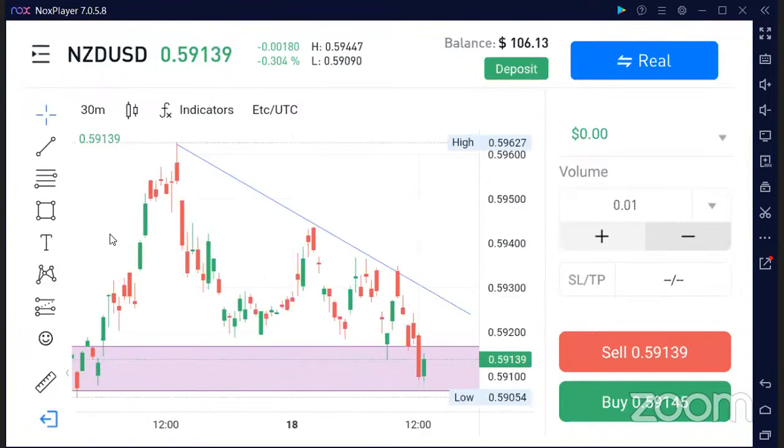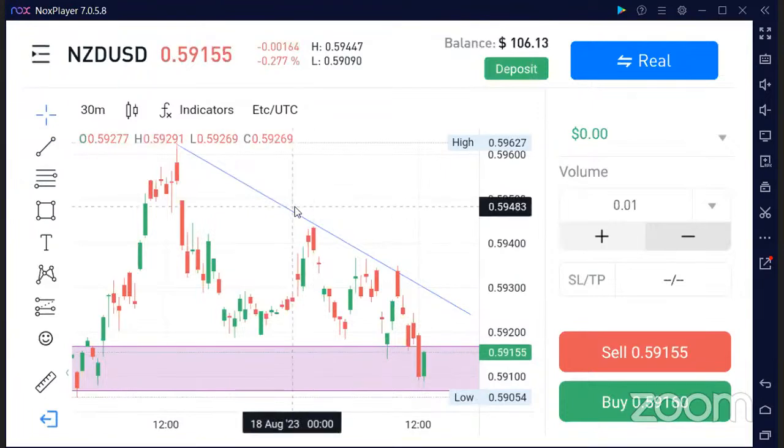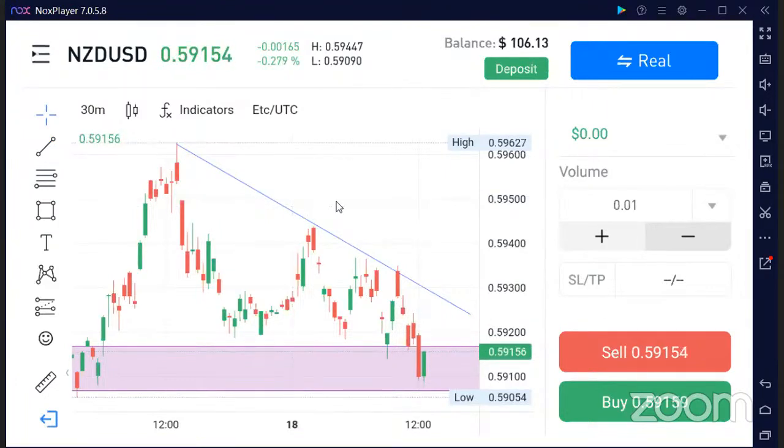Now this downtrend here, what we want to wait for is for this market to get to this point, and then we place a down position, which is a sell position. So when this market gets to this point, we want to sell, because that is what our 4 hour time frame is telling us. Our 4 hour is trying to tell us that this market is still going down. So until we have a change of character,